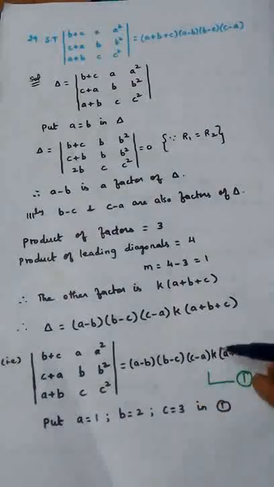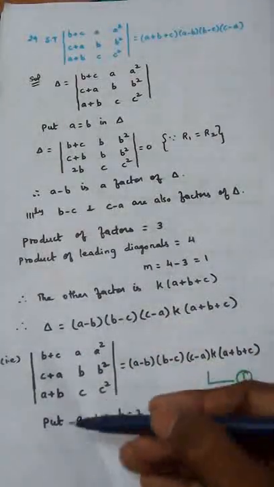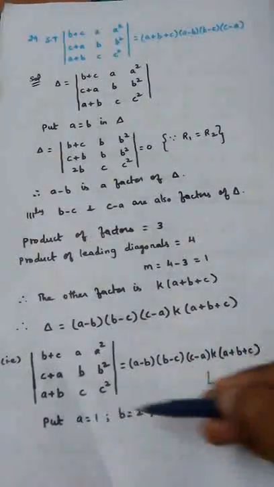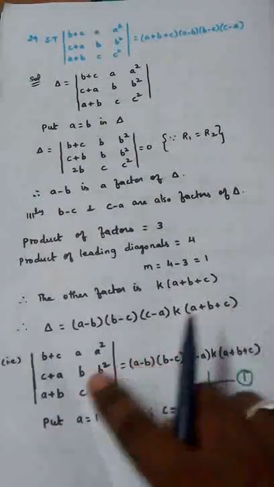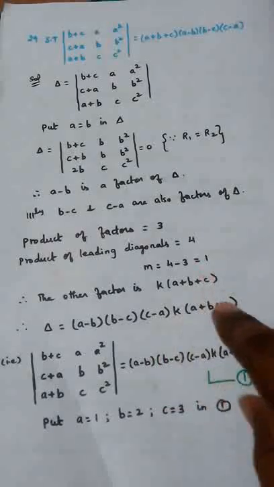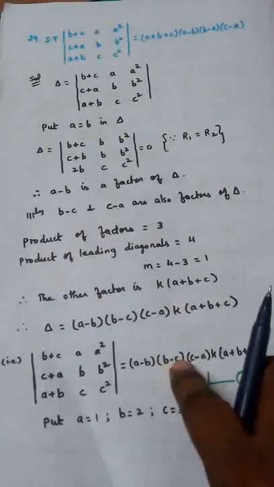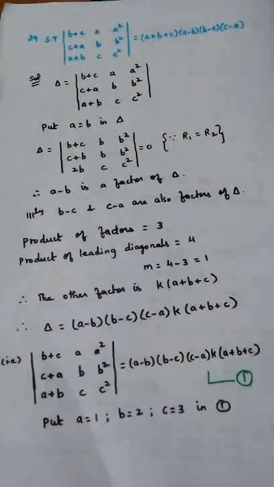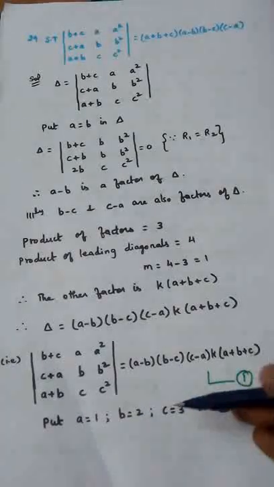What is our aim? Our aim is to find the k value. For that, what do we have to do? Take a, b, c values. So here also I am choosing myself: a is 1, b is 2, c is 3. Again I am telling you, you can choose your own values. What is the condition? The values that you choose should not make any of the factors 0. Such values you should not take. For example, if you take b as 2, c as 2, what happens? 2 minus 2 will become 0. So the whole RHS becomes 0. Such values you should not take. That is why I am taking all different numbers: a is 1, b is 2, c is 3.